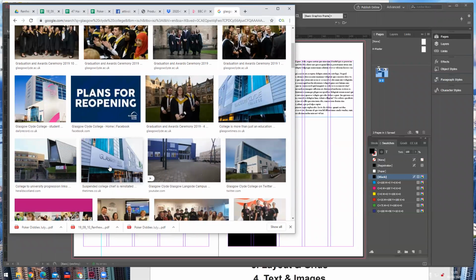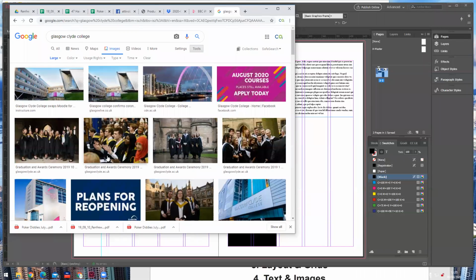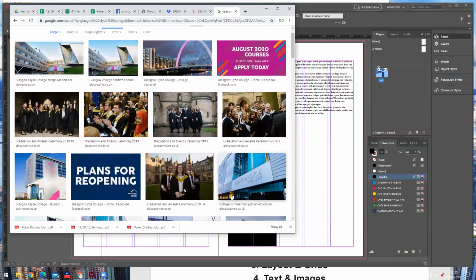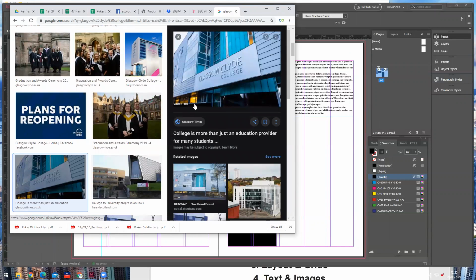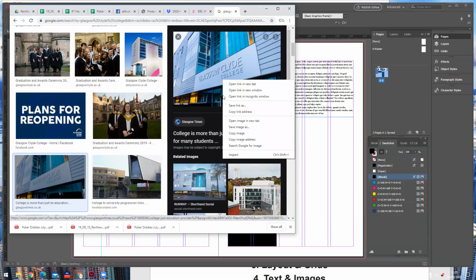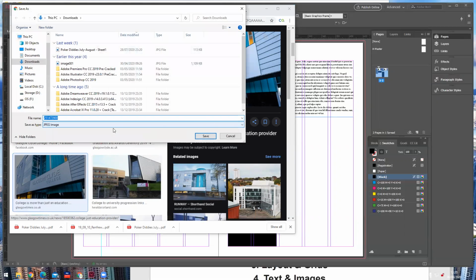So if I just click on this one, college is more than just an education. If I click on that once, it's important that we look at this image. I can see it's a genuinely good image, but we're looking at it at what we call 72 dots per inch, DPI. But I'm looking at these figures here, and if it's in the thousands, we're generally speaking okay, and that's 2,400 and 1,600. So if you right click there and then save image as,